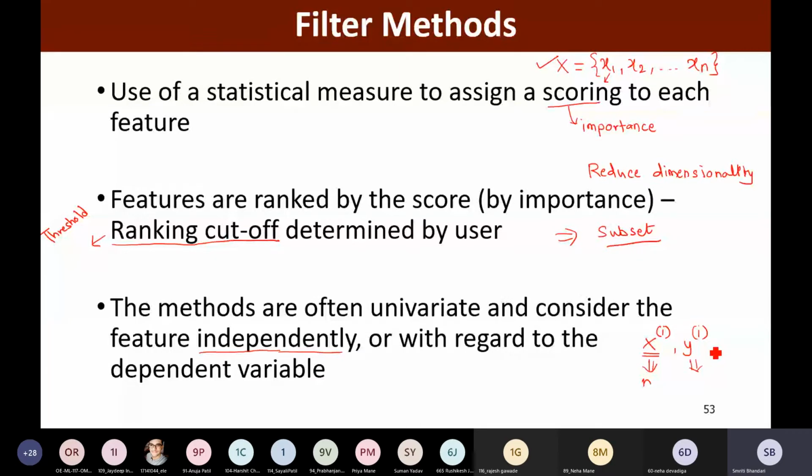Or if it is a regression problem, then yi denotes some continuous value. So this yi is my dependent variable, and these xi's are the feature vectors. So these features are actually the independent variables.